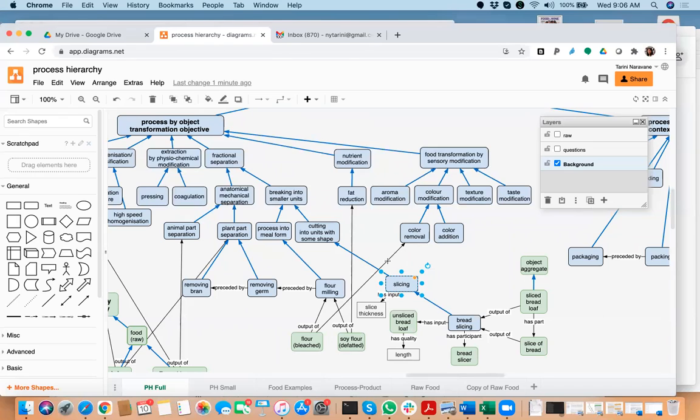Saying that you're after an objective is a superclass, and then the process subclasses automatically get inferred to be positioned under that. So it could be that this process by objective branch is really skinny, and then most of these subclasses get inferred. And I could try to do a little bit of an experiment to see what that looks like,